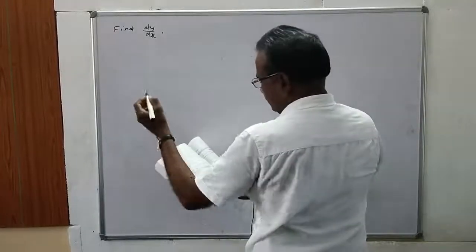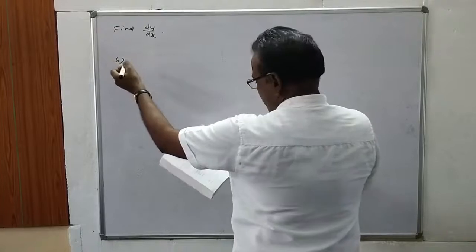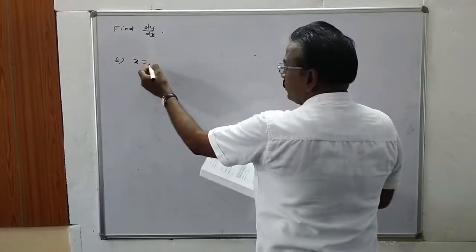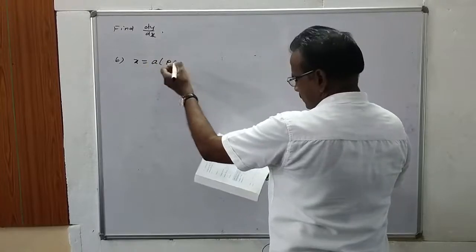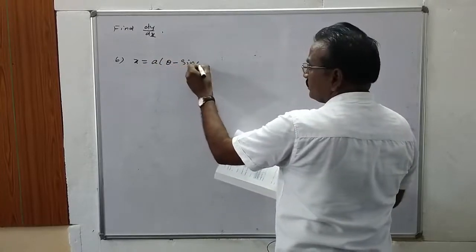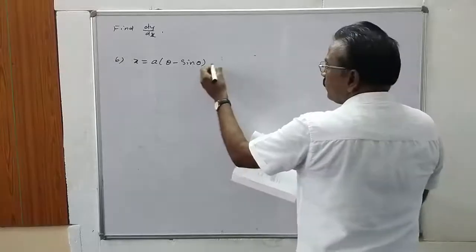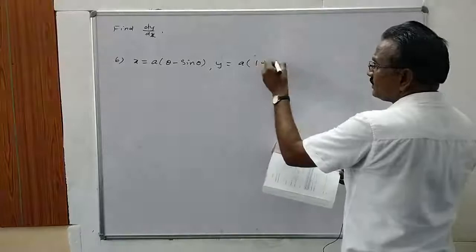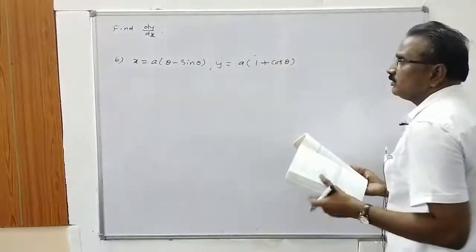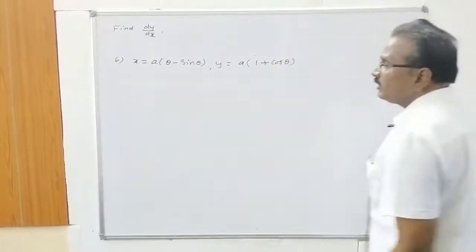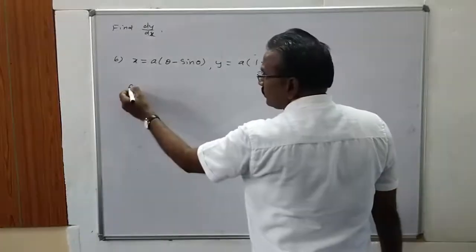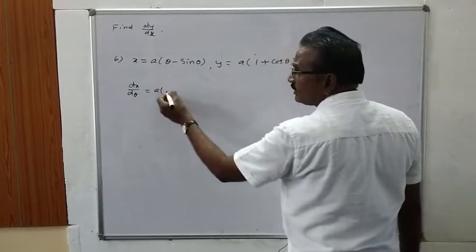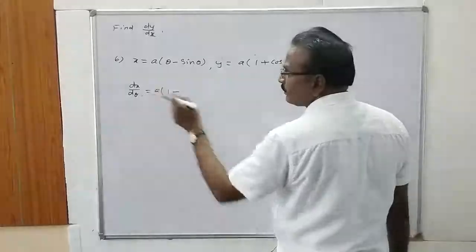Question number 6. X is equal to a into theta minus sin theta. Y is equal to a into 1 plus cos theta. So find dy by dx. Here, first differentiate x with respect to theta. So dx by d theta is equal to a into the derivative of theta, which is 1, minus the derivative of sin theta with respect to theta,